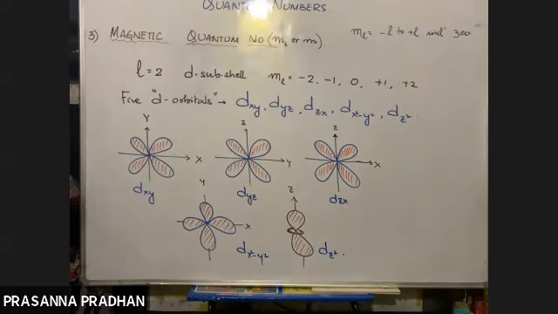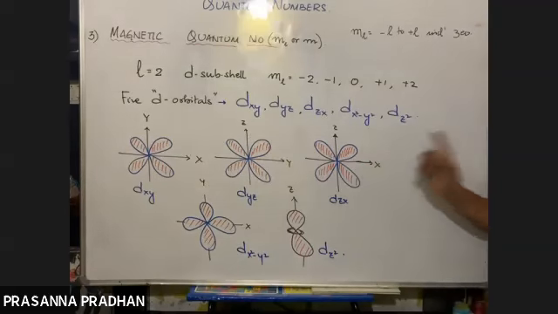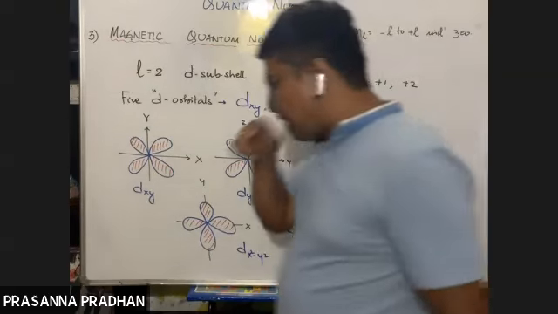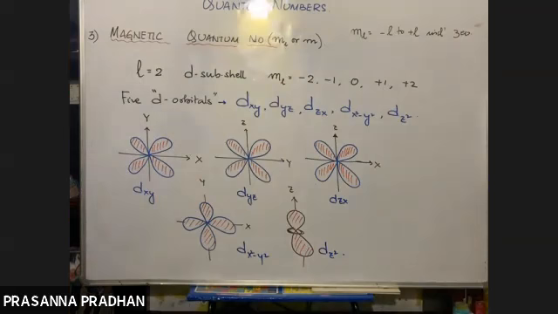So these are the shapes of the 5d orbitals. The d orbitals can be oriented in 5 ways. So these are the different orientations. And we saw that out of the 5d orbitals, 3 have their lobes lying in between the coordinate axes. Lobes means maximum electron density in between, whereas the other 2 have orbitals lying along the coordinate axes. So these are the informations which are given by the magnetic quantum number.